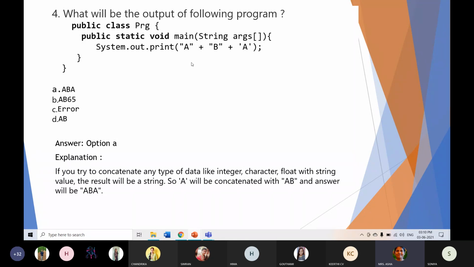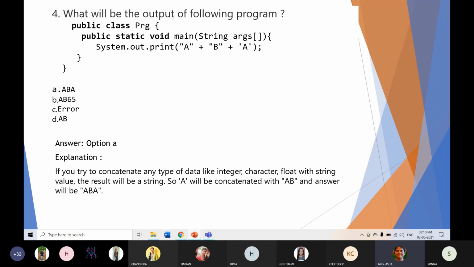No, ma'am. If we concatenate with a string value, meaning anything like integer, float, or character, first A plus B takes place. These both are strings. So we are concatenating with a string. So it is of string type only, ma'am. Okay.